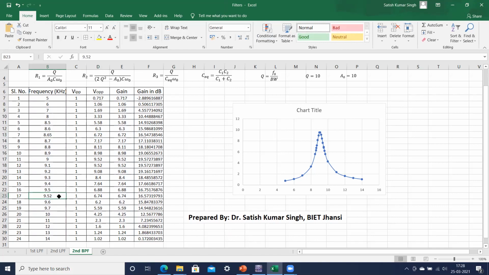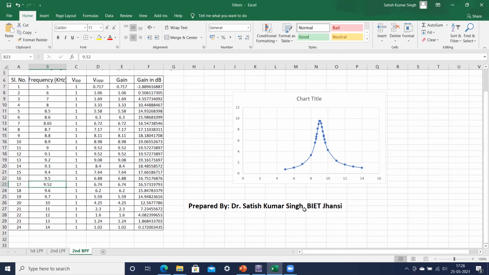If you take the difference of these two, you will find that the 3 dB bandwidth of this filter is coming out at somewhere around 900 hertz, rather than 1 kilohertz. You can even identify that with this curve. So the 3 dB bandwidth is also not actually meeting the specification, but a little bit of error or deviation from the defined specification we are getting in this experiment.